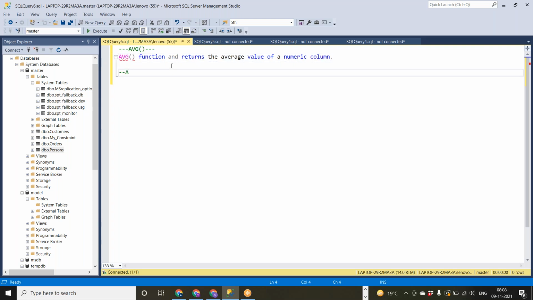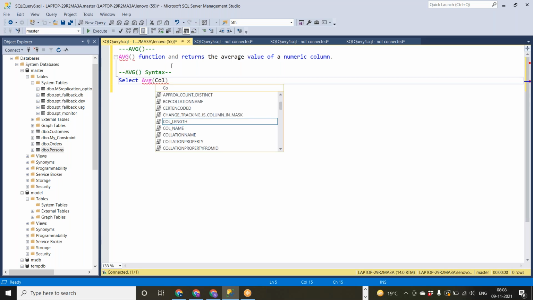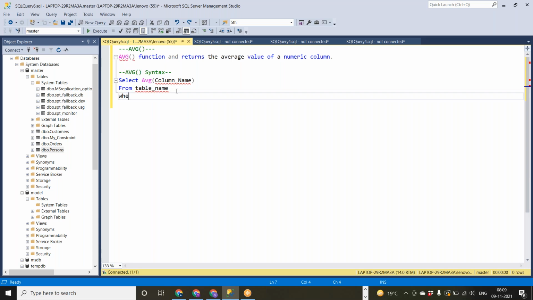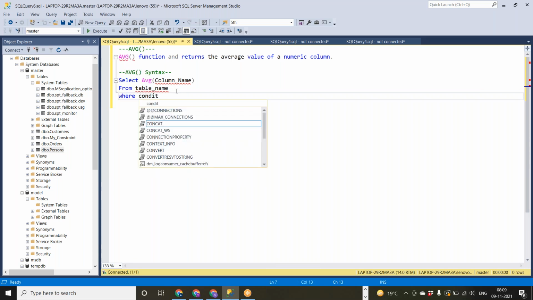So how does the syntax go? Select average of, we need to give the column name over here, which is a numeric column, from table name where we can mention the condition.